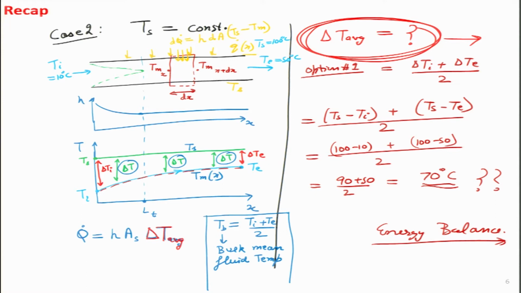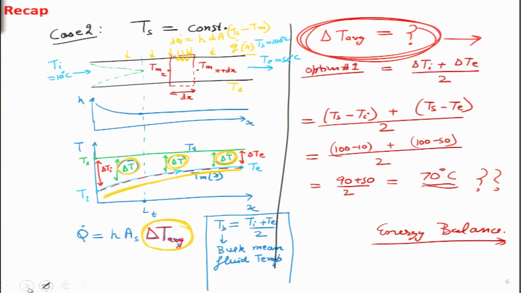However, if we look at case 2, where the surface temperature Ts is constant, there the slope is always changing. If we look at this orange portion over here, we remember that the curve was increasing in some sort of exponential manner, and we had figured out a term for that as well, which helped us figure out what the average temperature difference should be. Because in case 1, the average temperature difference is always constant, but over here initially there is a large temperature difference, then medium, and then a very small temperature difference.